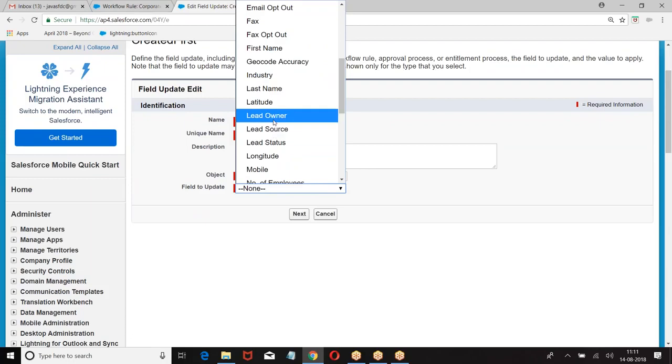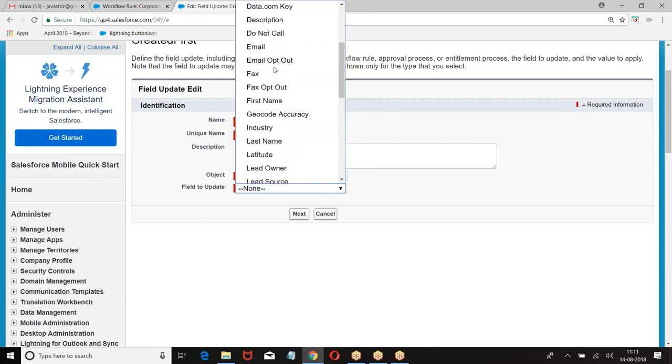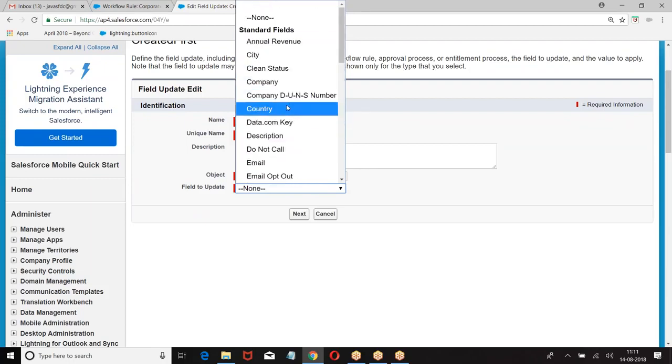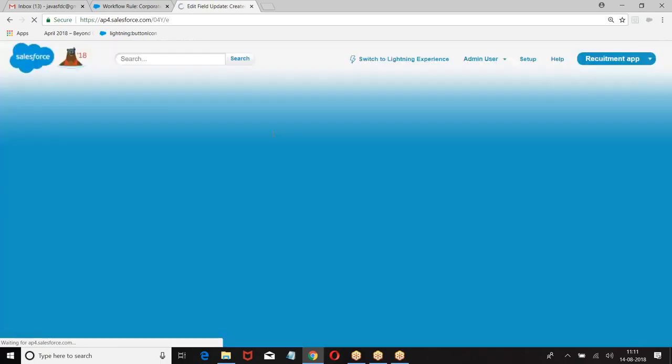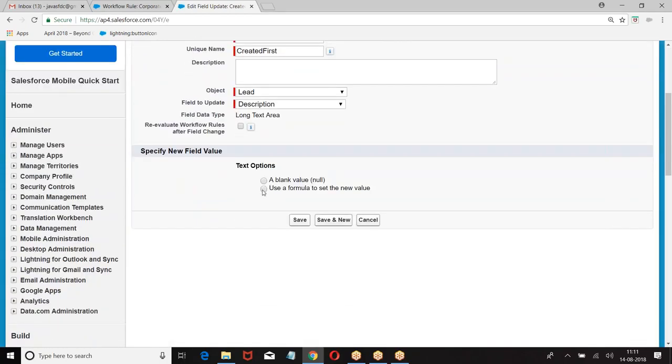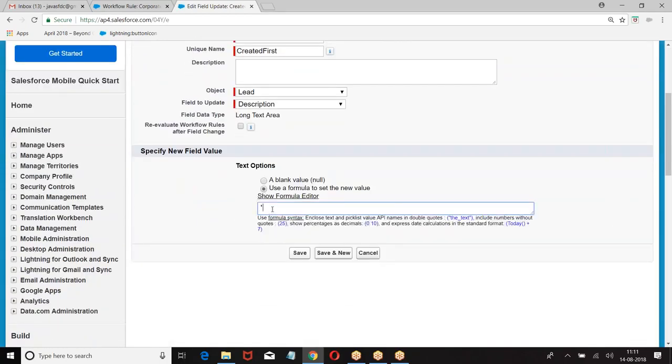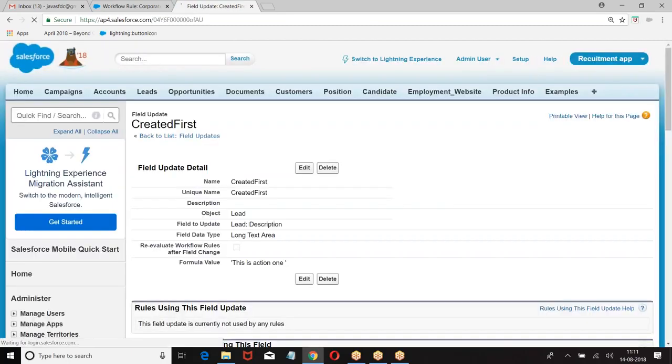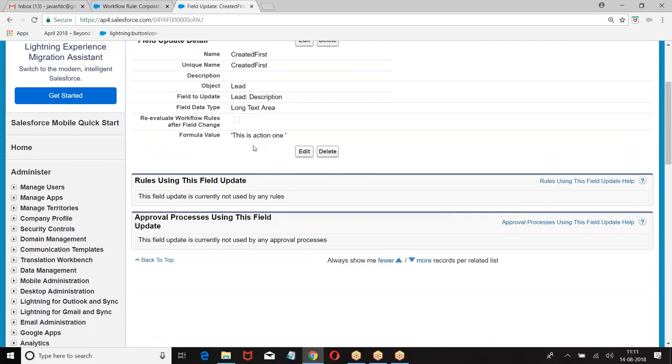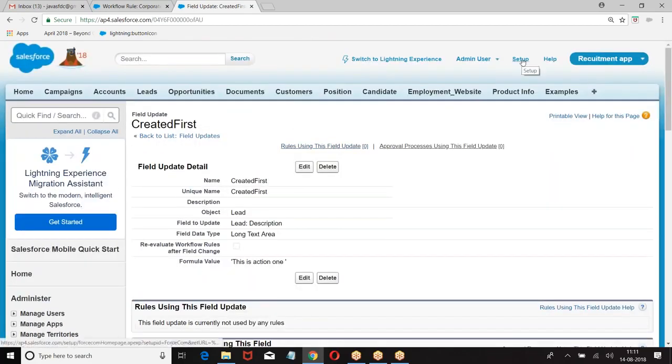Update the description. What is the description? This is action 1. So I have created this.